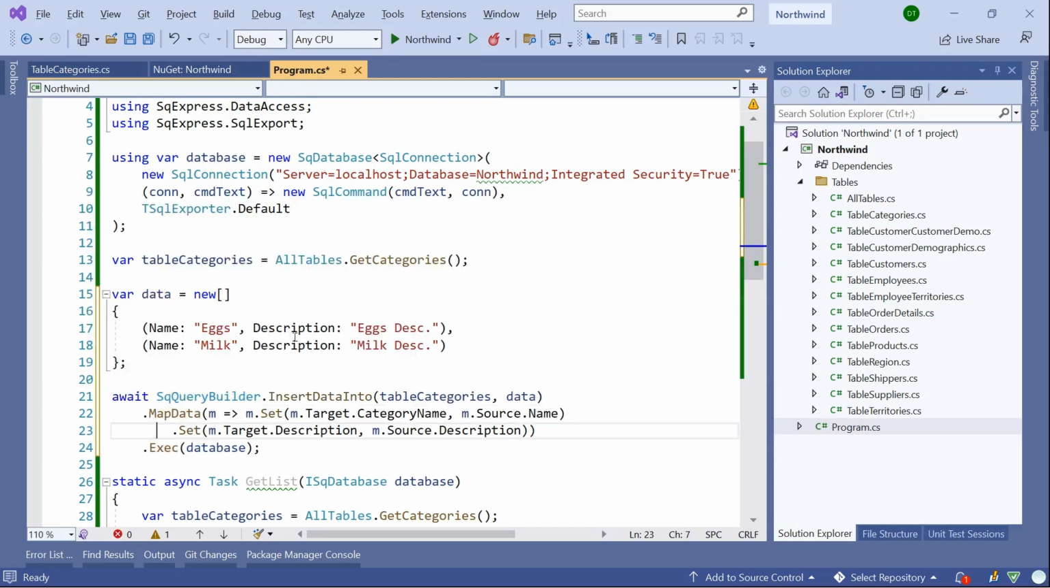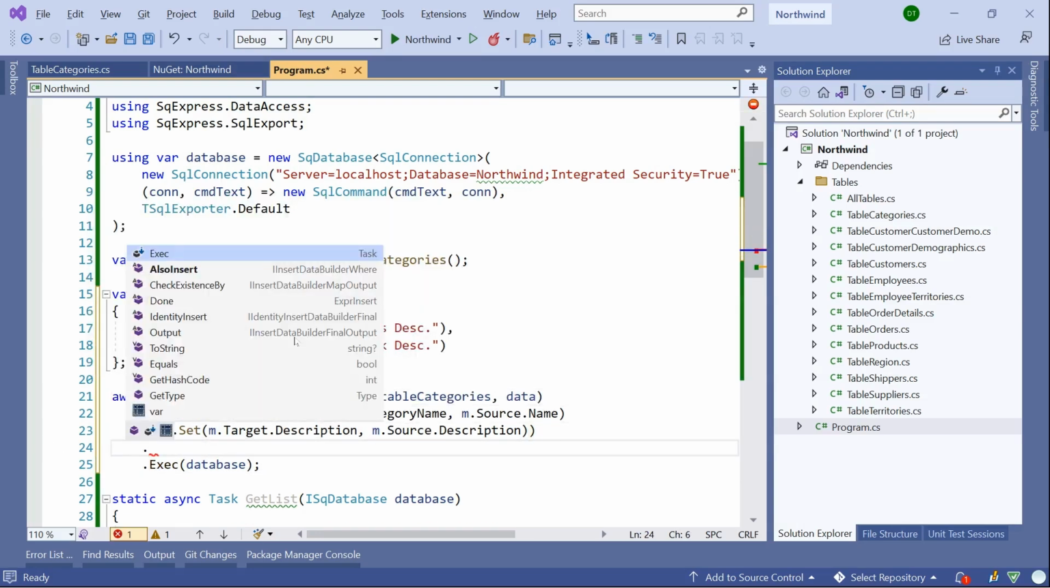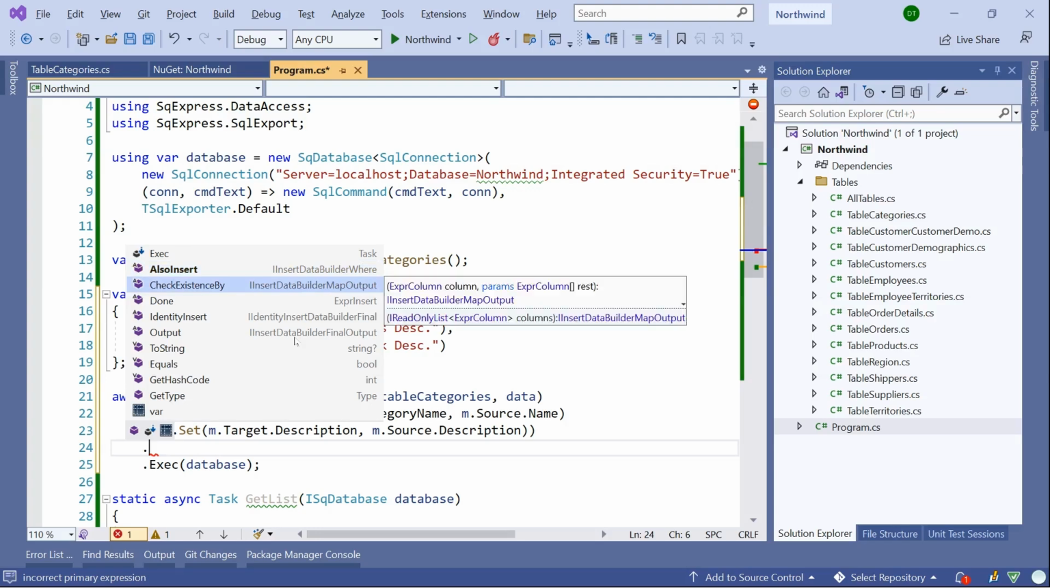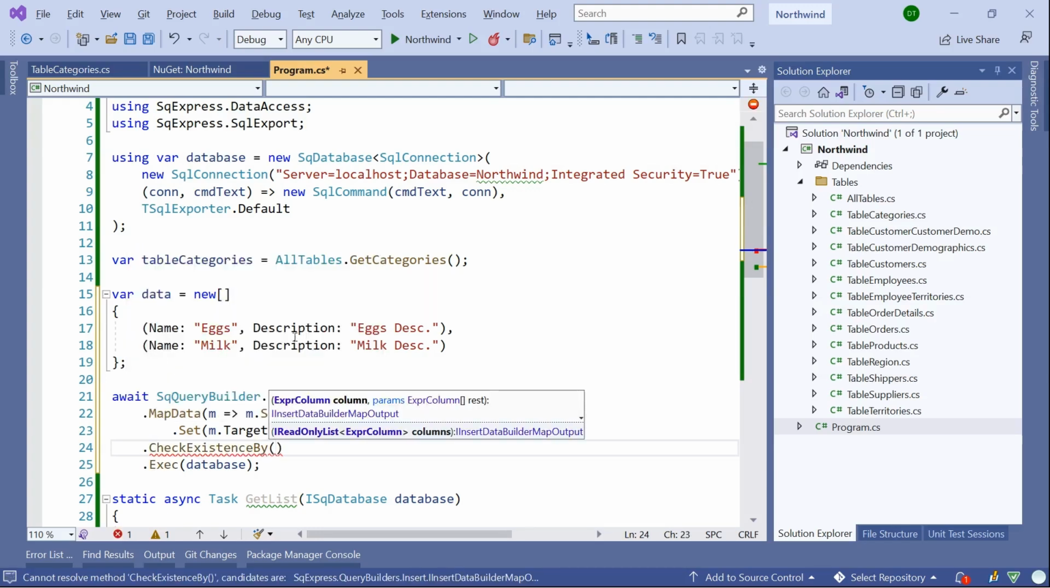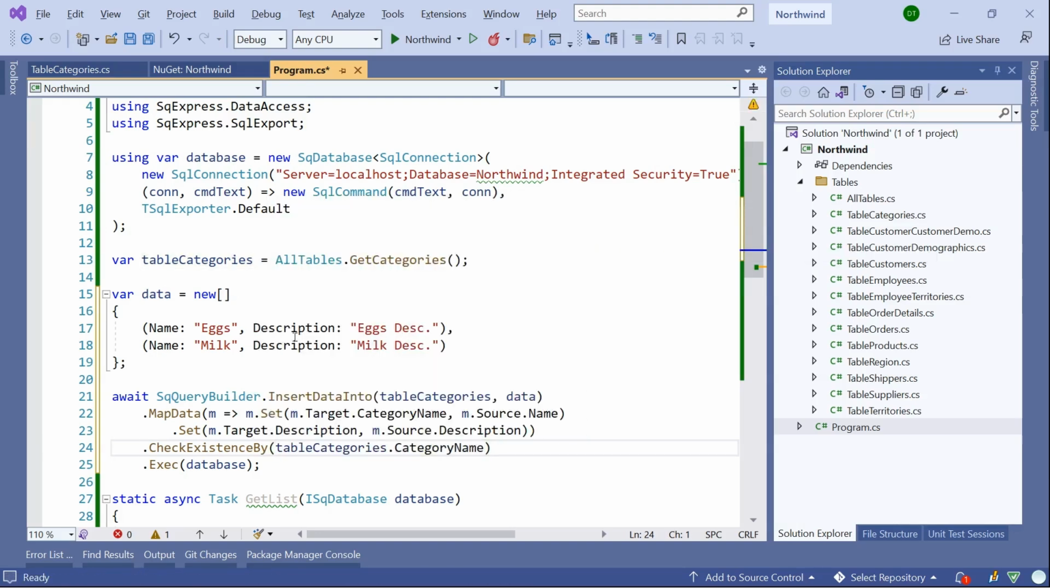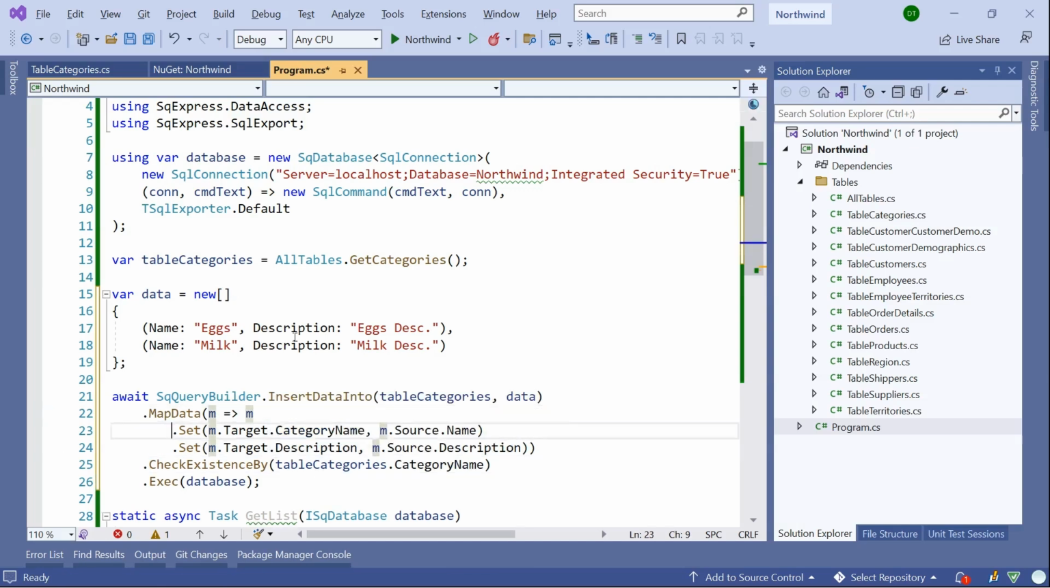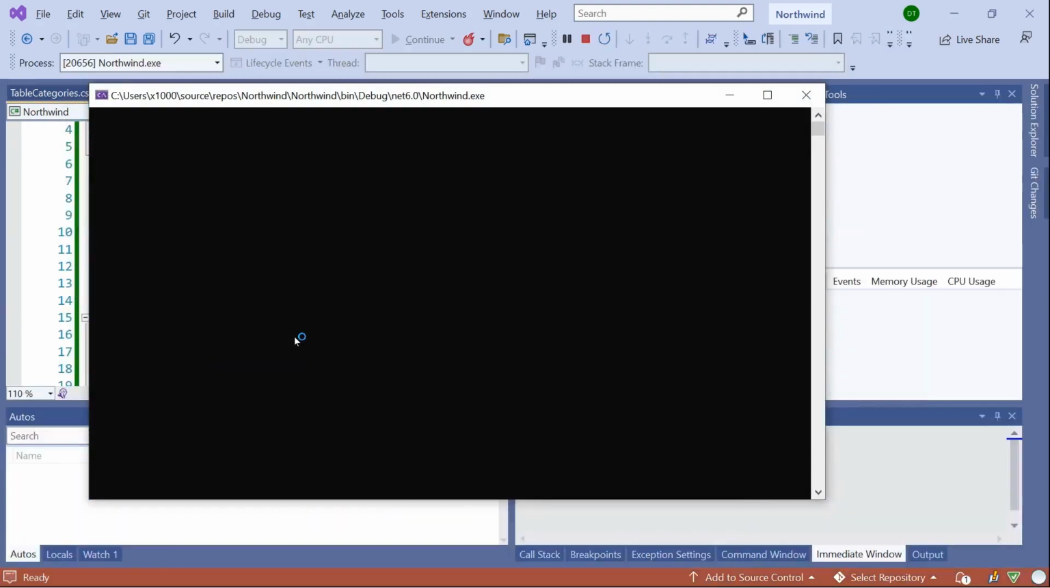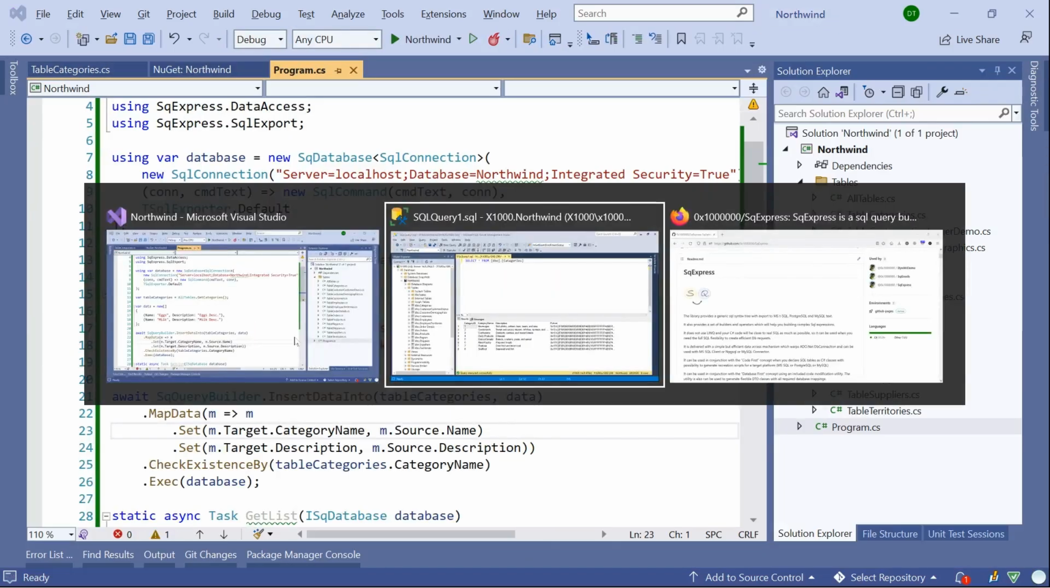Before executing this statement, we will incorporate a simple trick to prevent duplicates from appearing in the database table. This is the checkExistence by function. It adds an additional predicate to the insert statement, ensuring that a value provided in a row does not already exist in the database. We've just run the application, and now we can see that the new categories have been